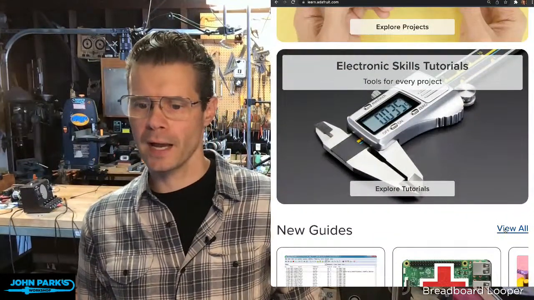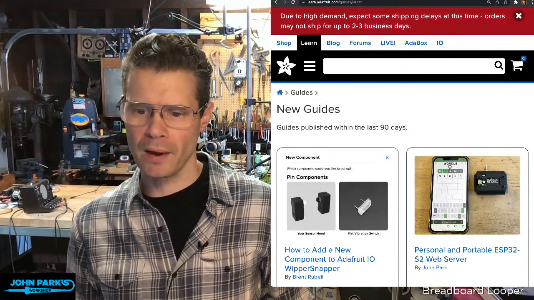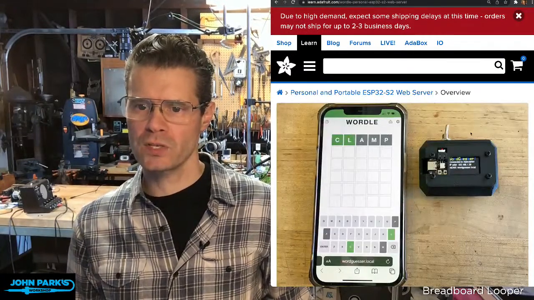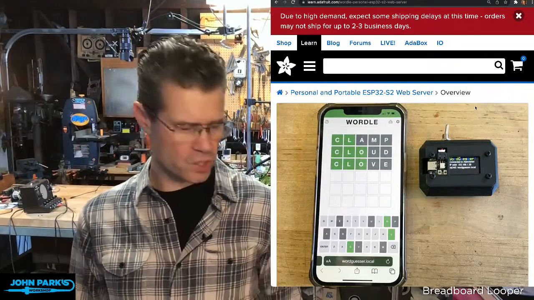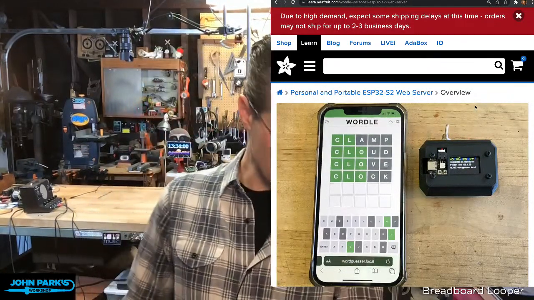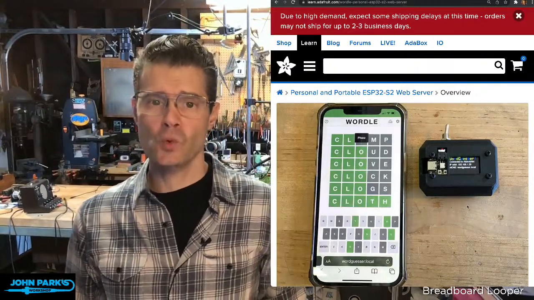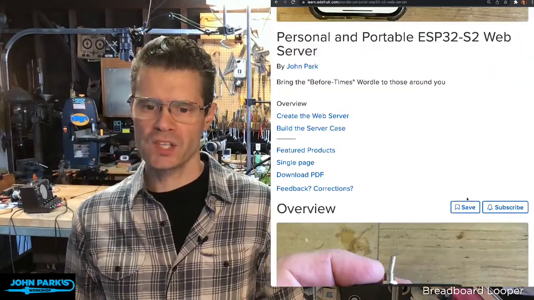If we go to New Guides, View All, actually, this just came out. I haven't had a chance to blog about it yet, so I just wanted to point it out. This is the personal and portable ESP32S2 web server. So the Feather ESP32S2, did I bring that inside? I don't have it right here. That can act as a web server. It's also got a little display built onto it. The guide shows you how to set that up.